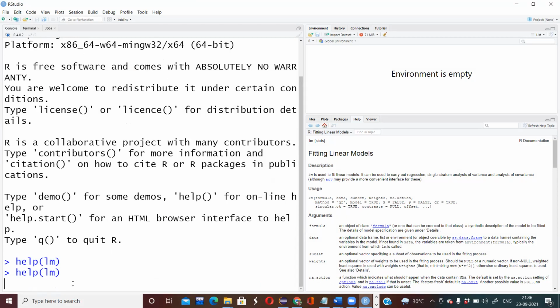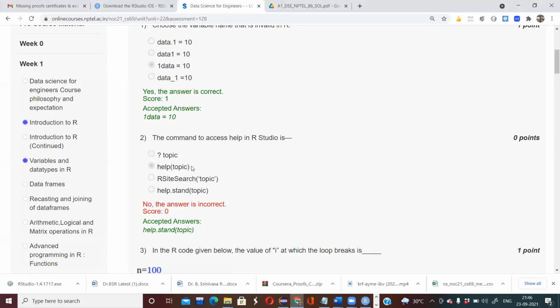When I press enter, you can see the description of lm, what it is and what it is used for. It says lm is used to fit linear models. In this way, the help command can be used to access help regarding a particular command, meaning what a particular command does. That can all be described using help of topic. So the other options are invalid.